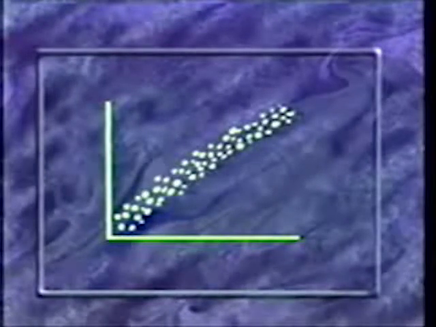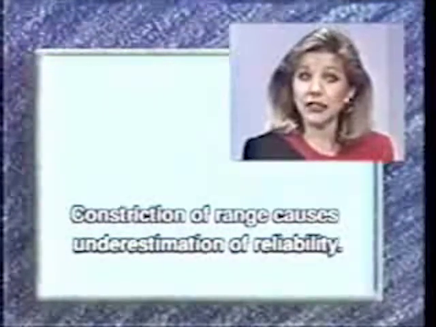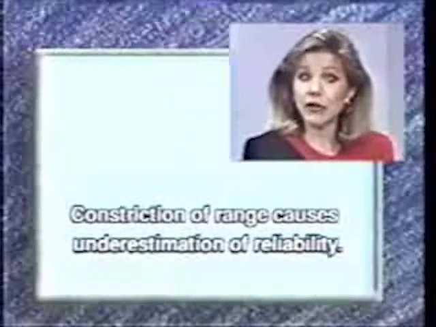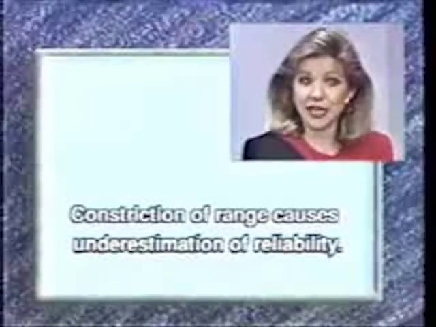Here are the original data on a chart capable of showing the full range of scores. The original data look as if the reliability is quite low. However, when we add in the data for the rest of the population, you can see that this test has reasonable reliability. Constriction of range caused us to underestimate the reliability. Just as constriction of range causes underestimate of reliability, extenuation of range may cause an overestimate of reliability. Take a look at these data.